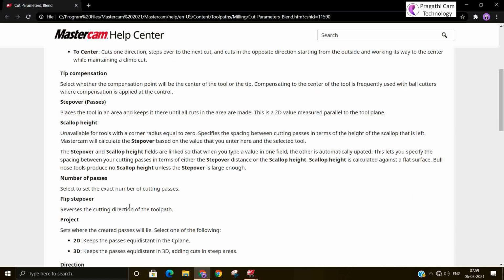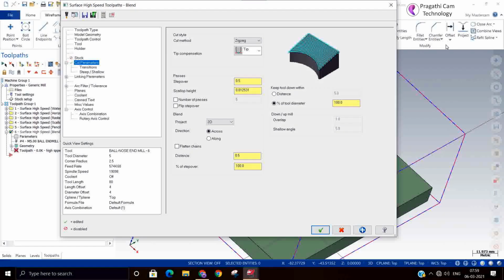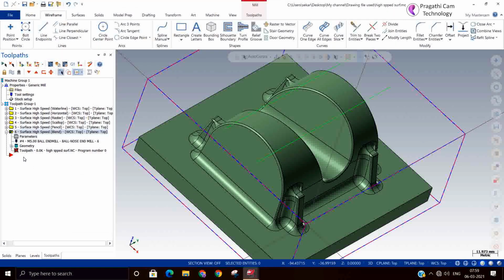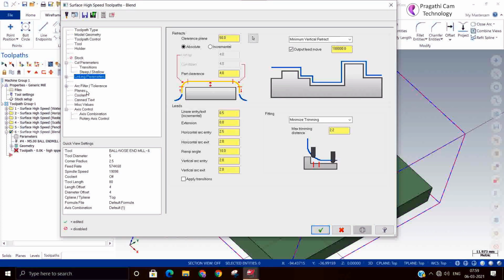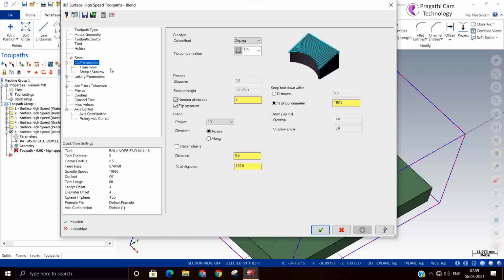So it is the number of cutting passes only. So we'll see. The one curve we had removed, I will add it now.